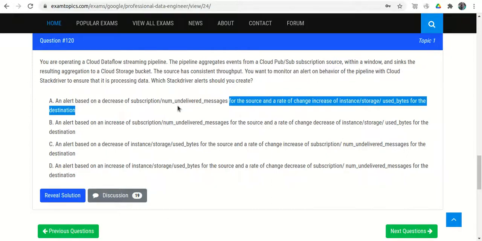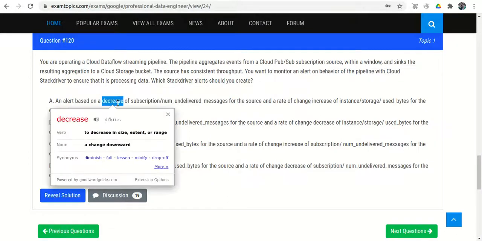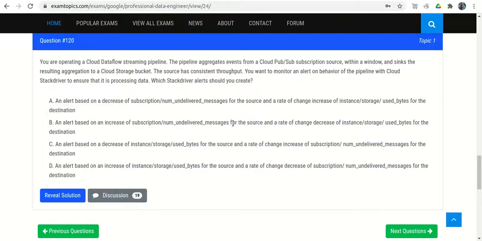We need to create an alert when the number of undelivered messages increases. If messages are not getting delivered, it means there is some issue with the pipeline.